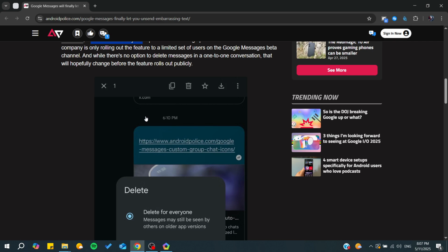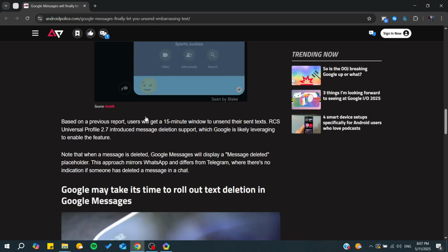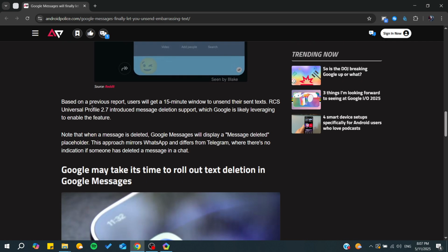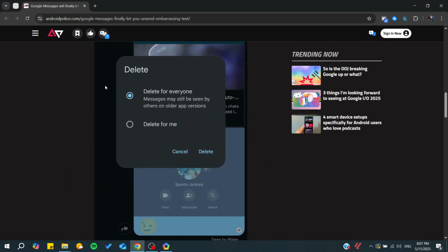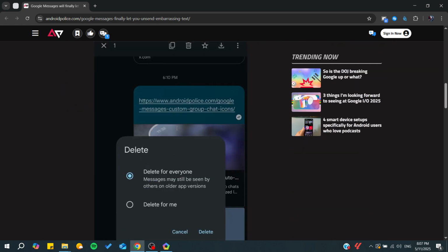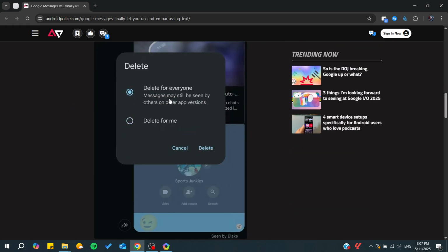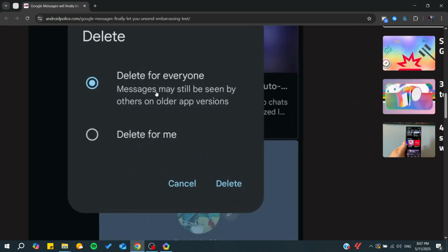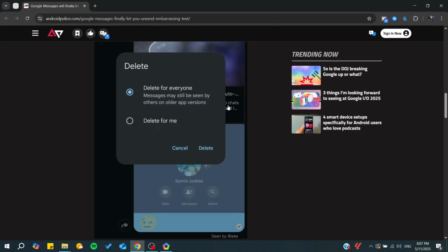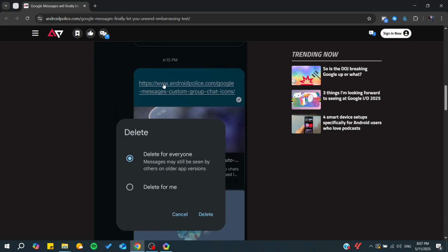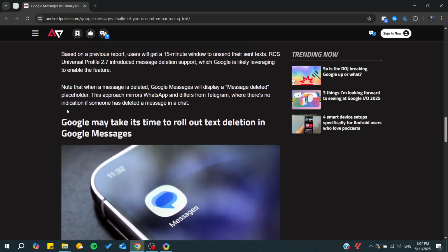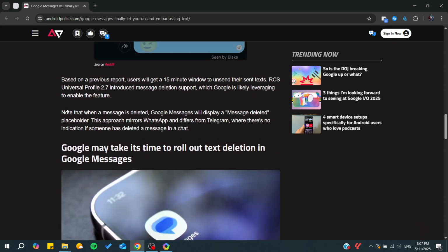and maybe within time if you have the latest version of your Google Messages you will be able to find these options. Make sure that you have the latest version of your app because messages may still be seen by others on older app versions. That means it's only being deleted for newer version app for conversation